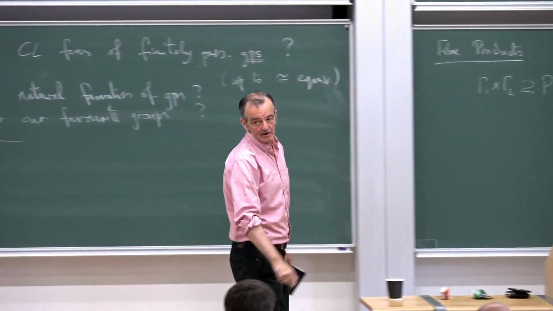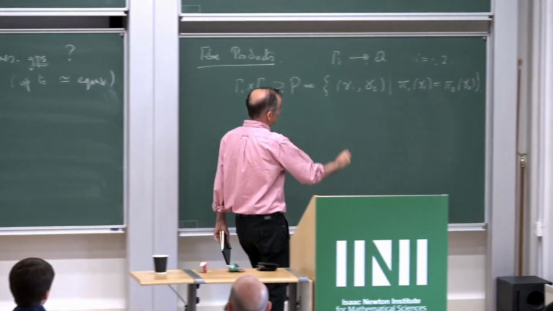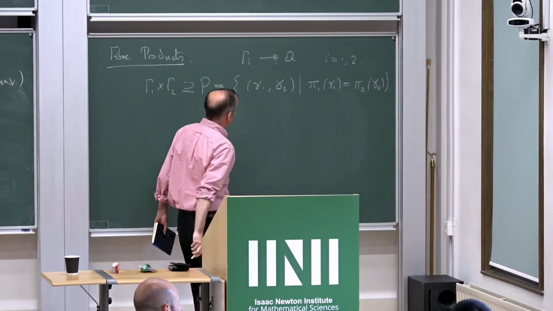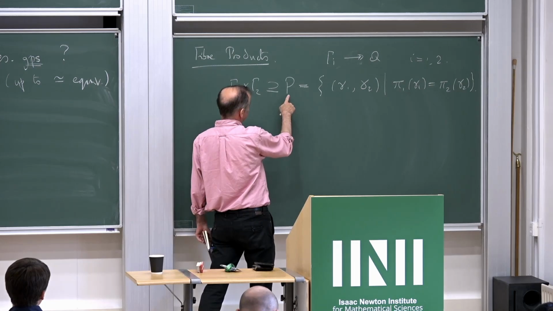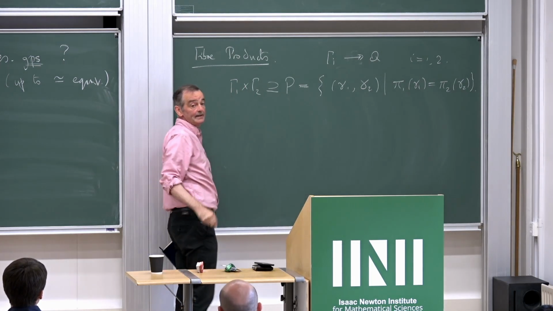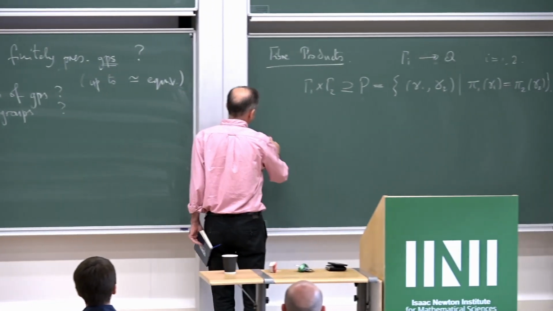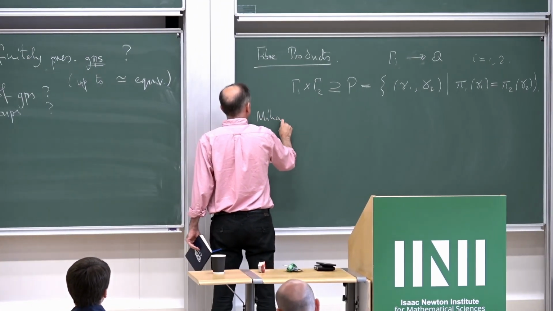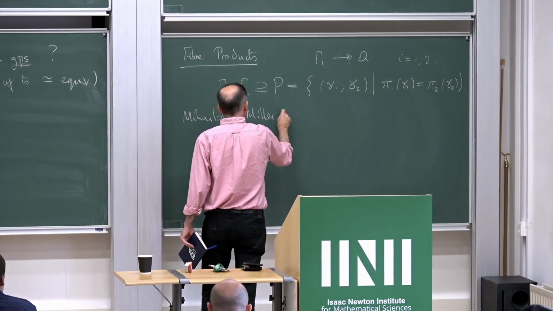Now they're a great source of building interesting groups, where you translate pathologies or special properties of this quotient into properties of this group, but this group is a subgroup of this, and this might be a nice group. So it's a way of building complicated subgroups of nice groups. And a classic example of this, due to Mihailova, and then refined by Miller in the 70s,